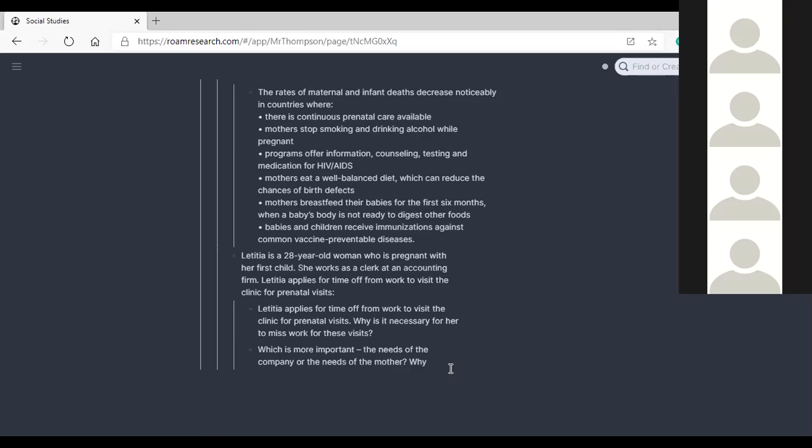So the company might be inconvenienced, if that's a correct word, but the baby's life takes more precedence than economic growth. Baby's life is more valuable, right? So the needs of the mother is more important. Okay. And the final question is going to be answered by